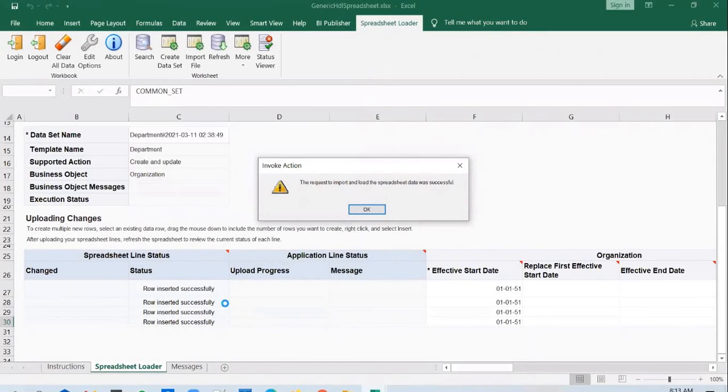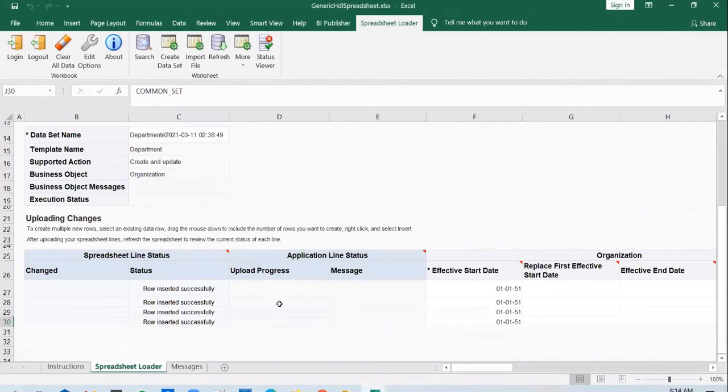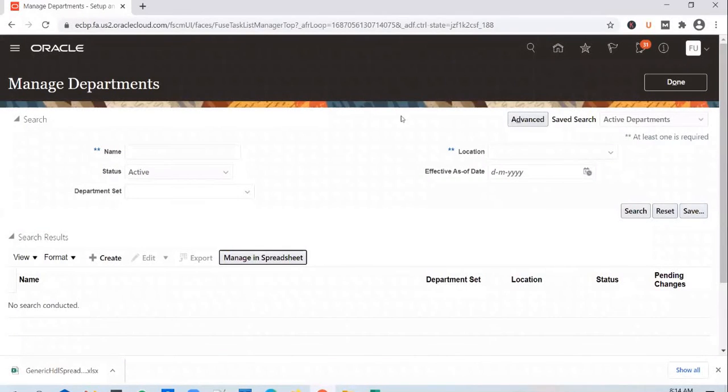You can see that the rows are imported successfully, and you can track this request from the application. Okay, so you can go back to the data exchange screen.